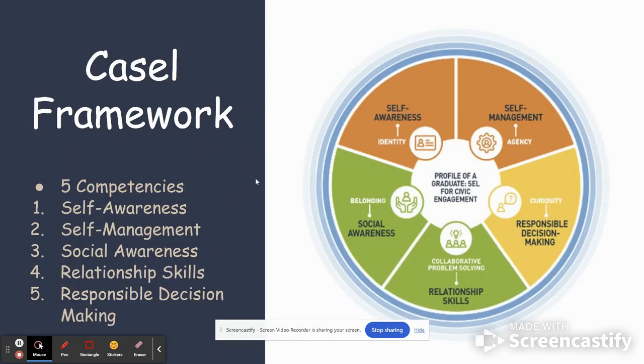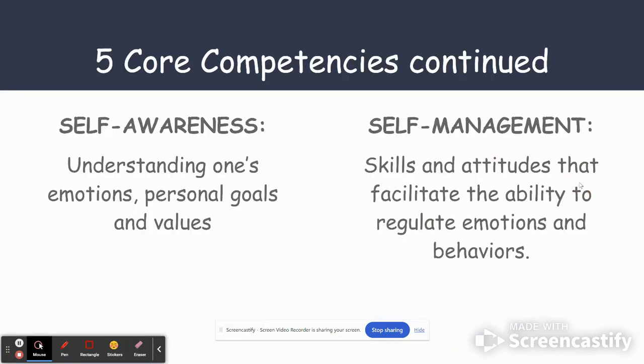And the social emotional framework, or SEL framework, is based on the CASEL framework here. And as you can see, there are 5 competencies, which are self-awareness, self-management, social awareness, relationship skills, and responsible decision making. As you can see here, it identifies everything for the CASEL framework. 5 core competencies. Okay, so we're going to dive a little bit deeper into what self-awareness is, and it's understanding